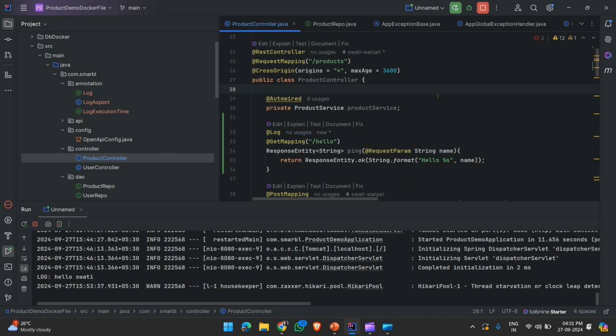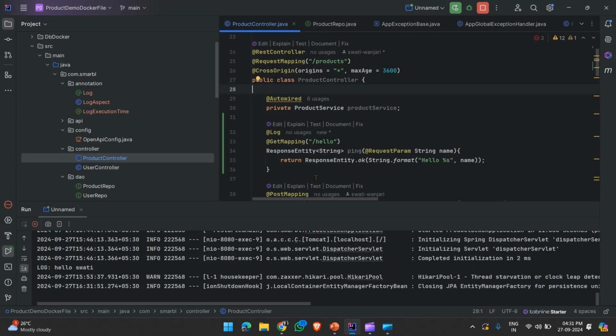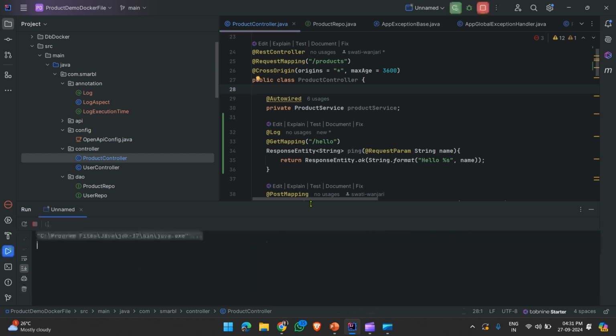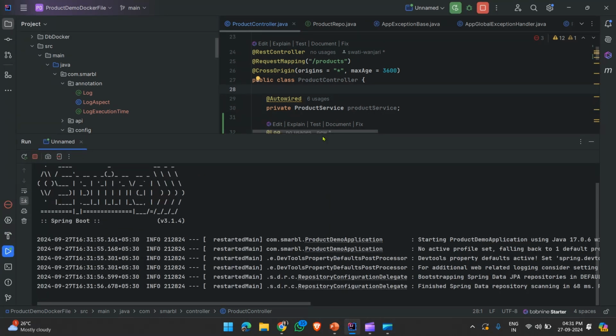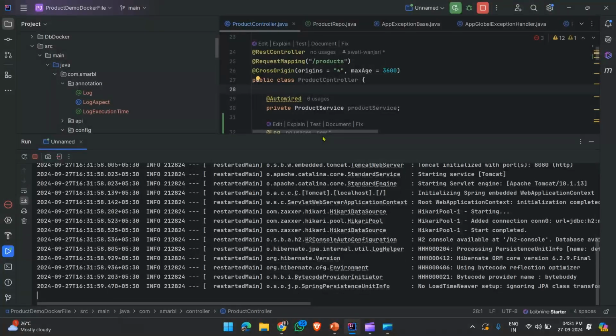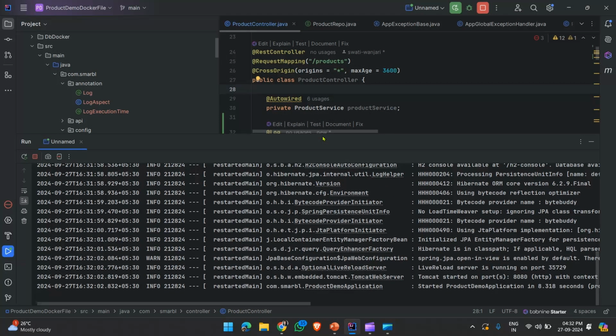After running this application, you will see here the port where it was running. It is running, Tomcat started on port 8080.